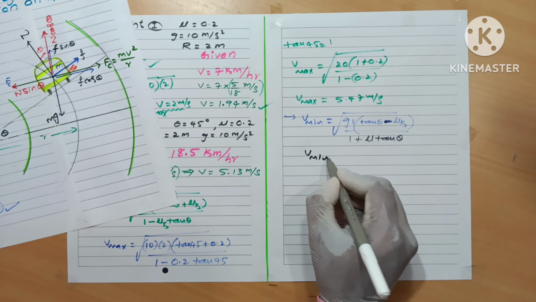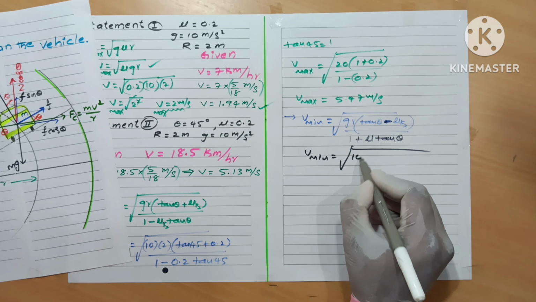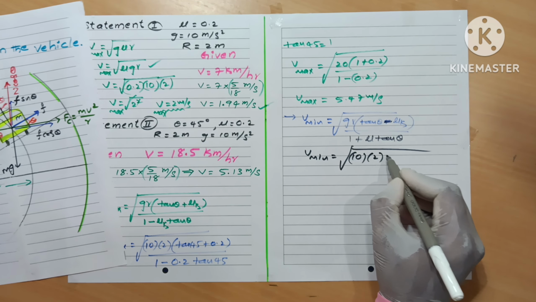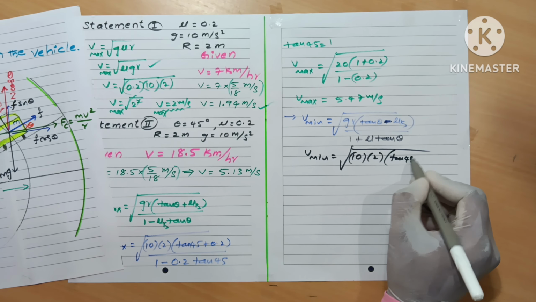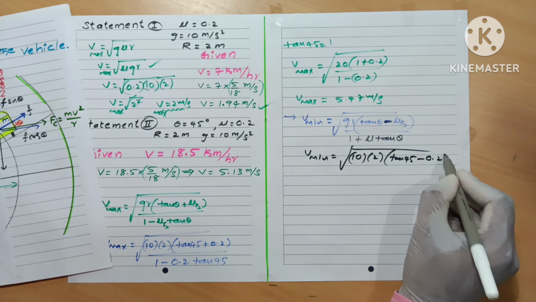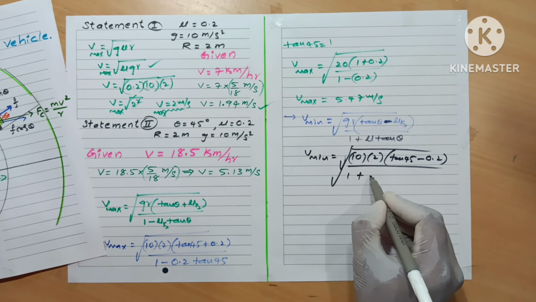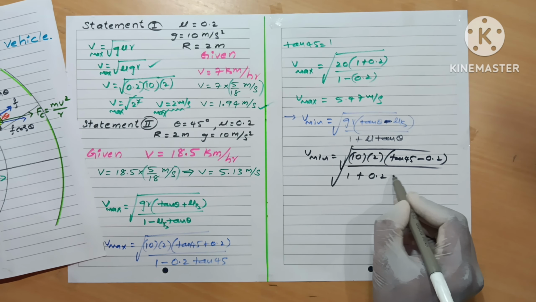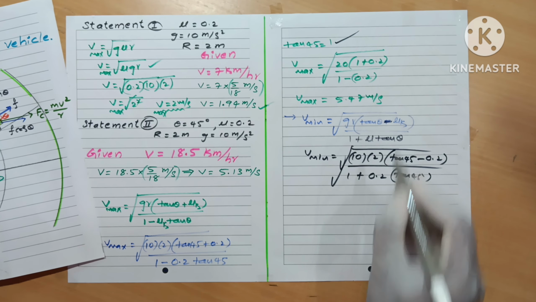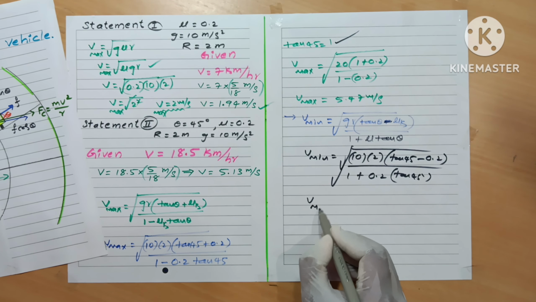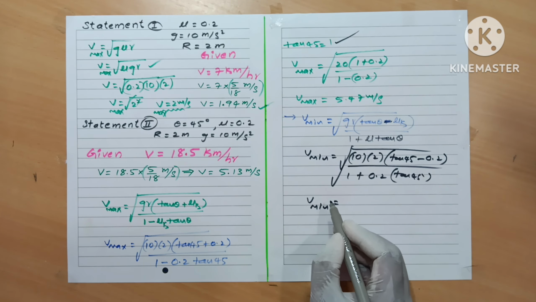So V minimum is equal to root of g value 10, r value 2, into tan 45 minus 0.2 coefficient of friction, divided by 1 plus 0.2 into tan 45. Already I gave you that tan 45 is equal to 1. After solving this, we will get V minimum equal to